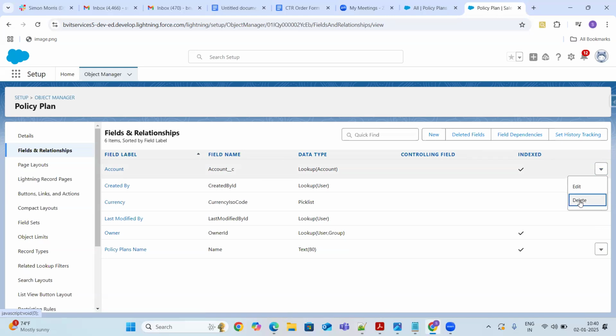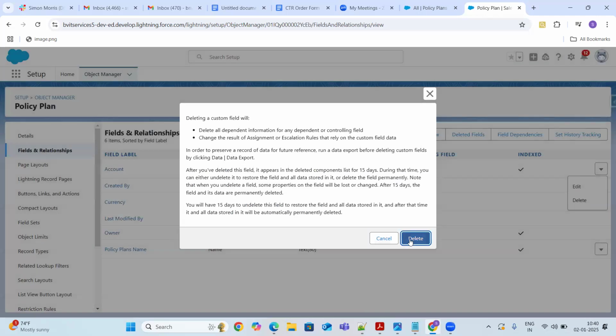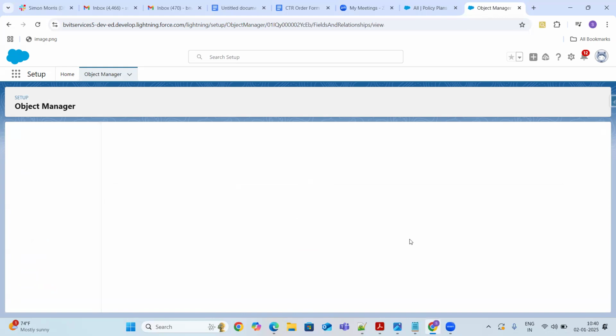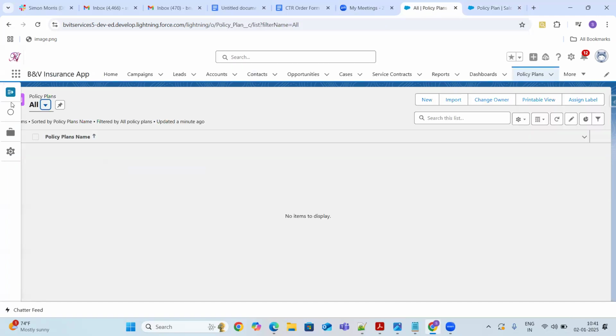But today we are trying to achieve a many to many relationship between accounts and policy plans. In a many to many relationship, you don't have any direct relationship with the account object on your policy plan object. They are always related through the junction object.